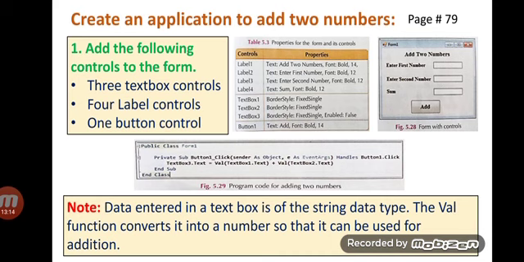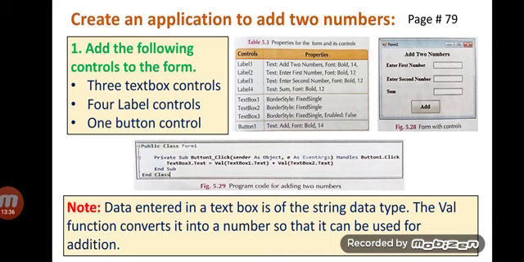In figure 5.28 we have three text boxes, which are blank, and four label controls: add two numbers, enter first number, enter second number, sum.